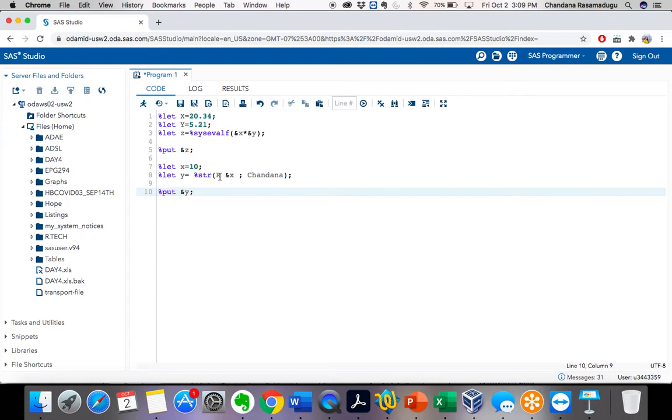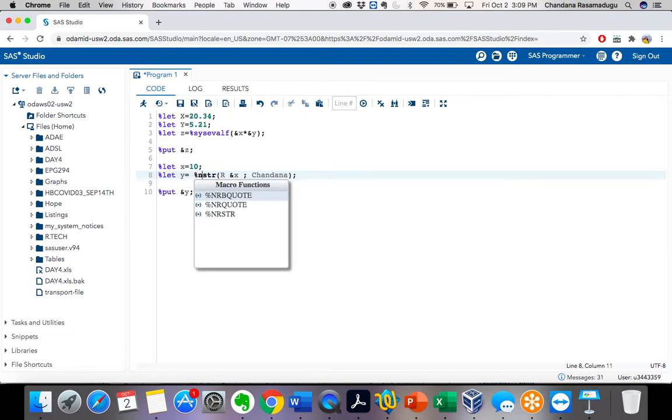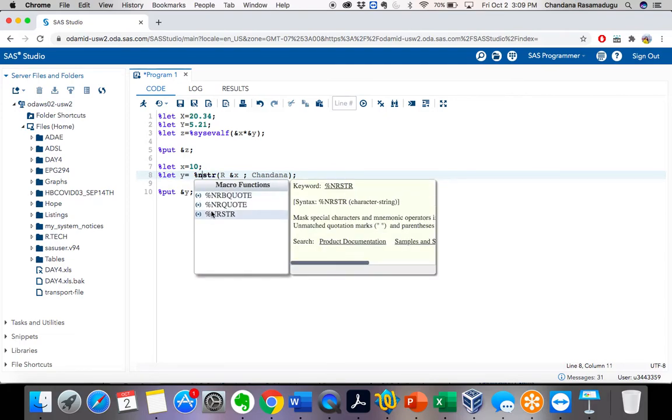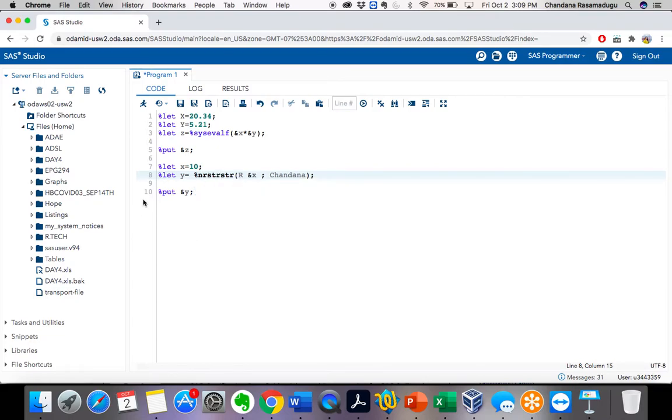So to mask or remove the macro signs, we use a function called %nrstr. What this %nrstr will do is, it removes the normal meaning of all the special characters, including the macro signs.